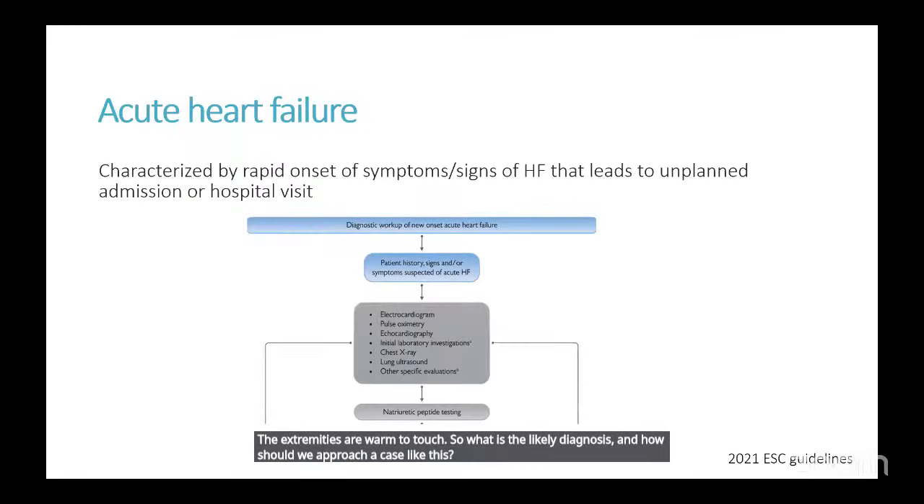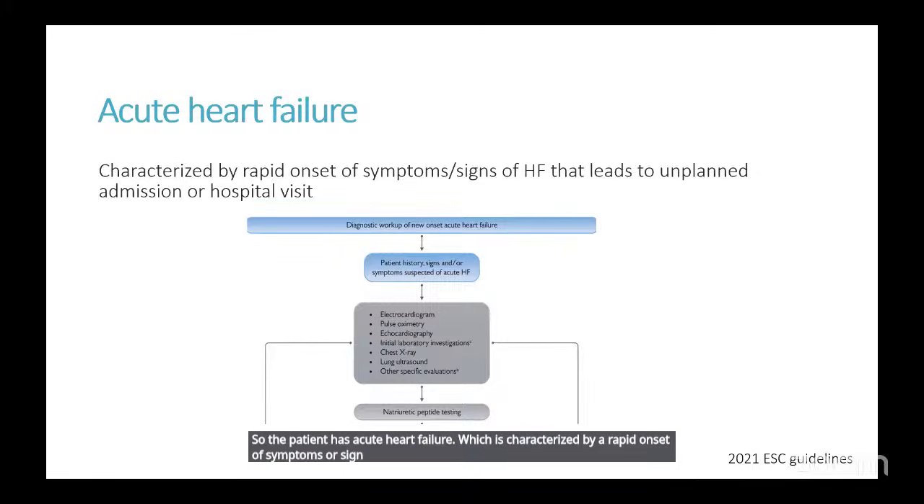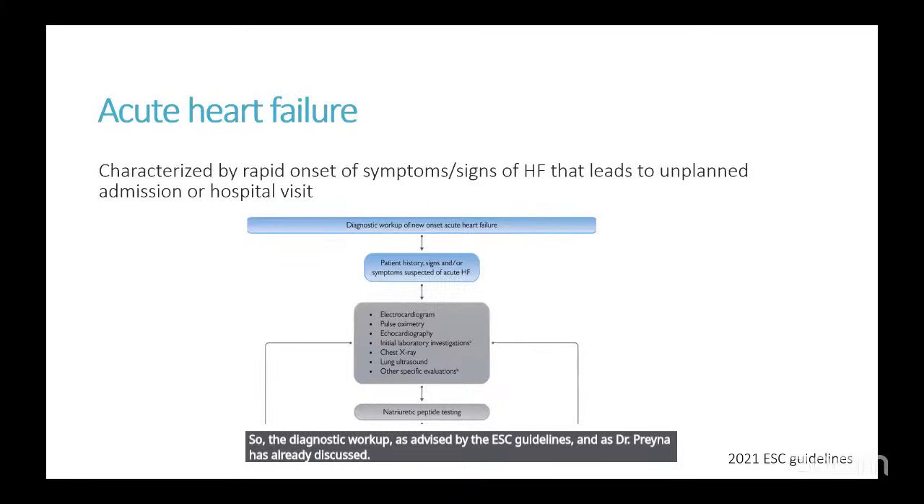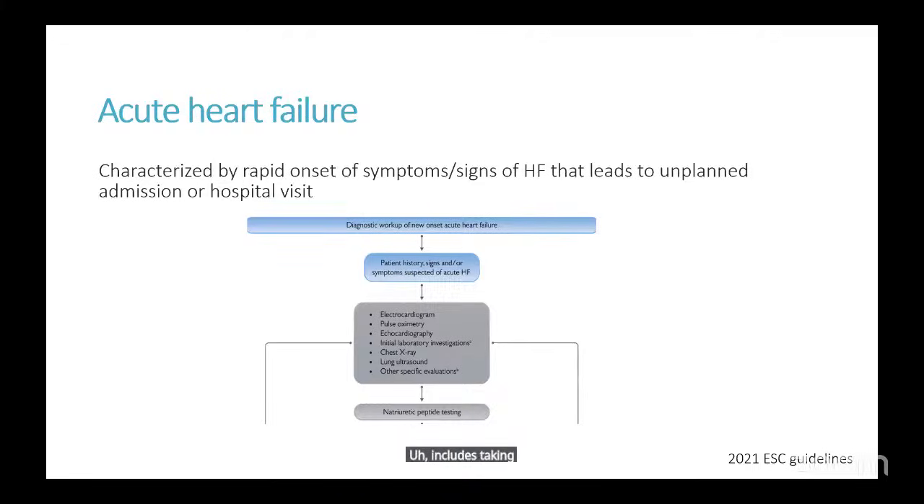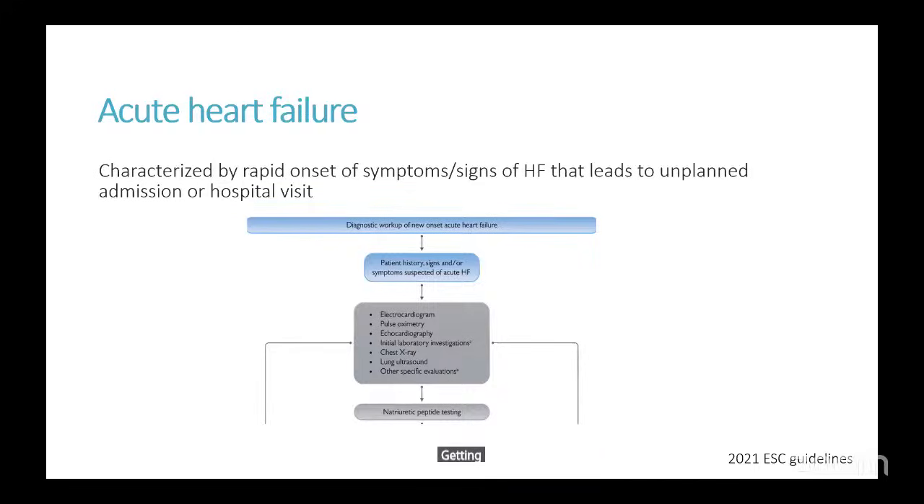So, the patient has acute heart failure, which is characterized by a rapid onset of symptoms or signs of heart failure that leads to an unplanned hospital admission or visit. So, the diagnostic workup, as advised by the ESC guidelines and as Dr. Prerna has already discussed, includes taking a good history, examining the patient, and getting an ECG, checking the saturation, doing an echocardiography, getting the initial blood labs, doing a chest X ray, and a lung ultrasound if available, and a